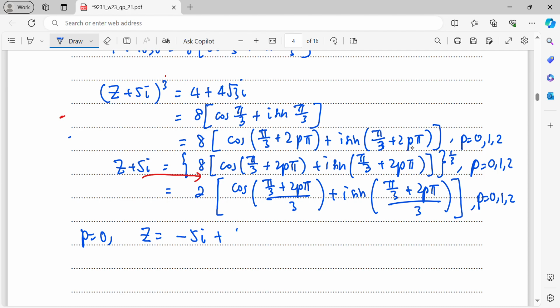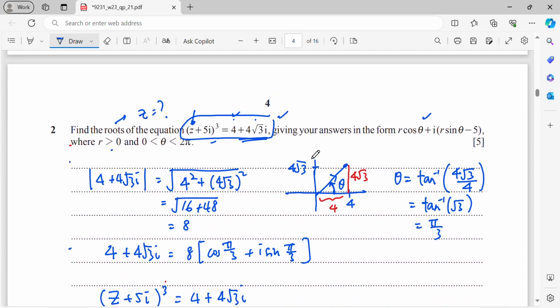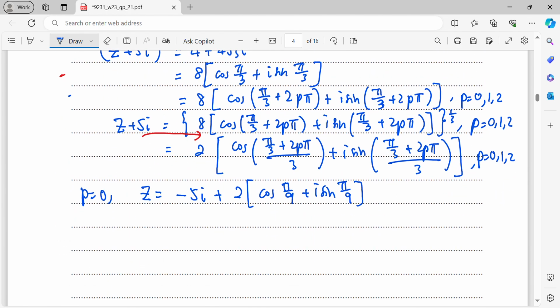plus 2 of cos. So when my p equals 0, you will get pi over 3 divided by 3. That is pi over 9. Then plus i sine pi over 9. Okay, let's check the question first. The question just says give your answer in this form: r cos theta plus i, r sine theta minus 5. Okay, so from here, I have to